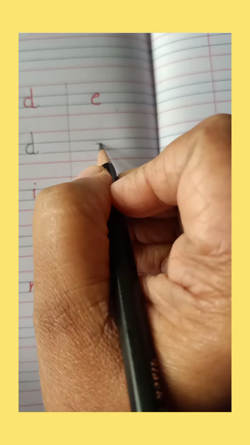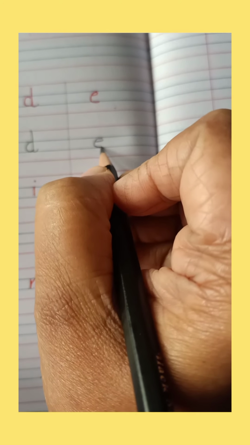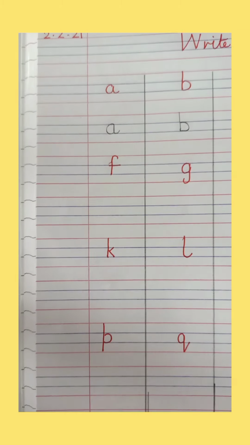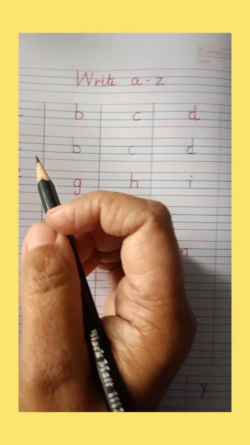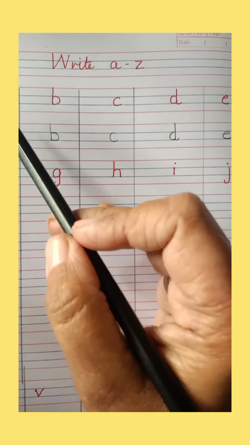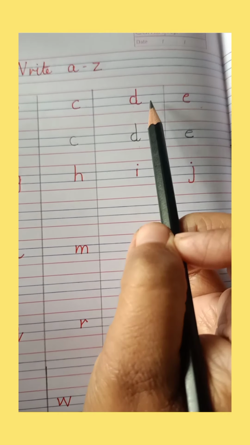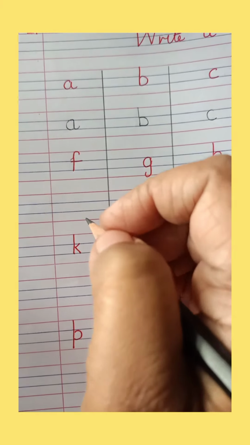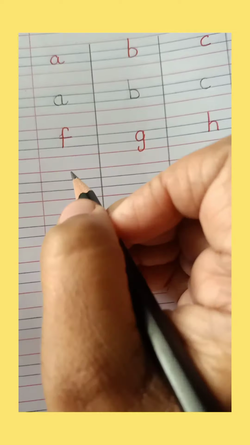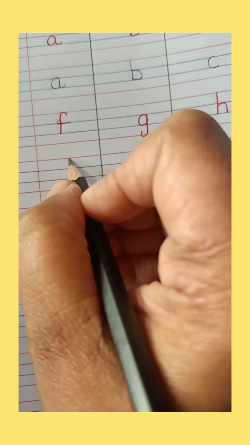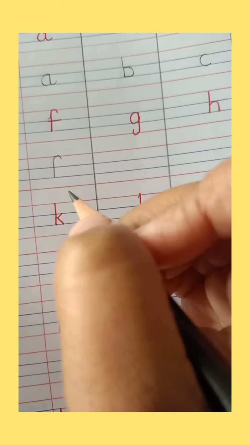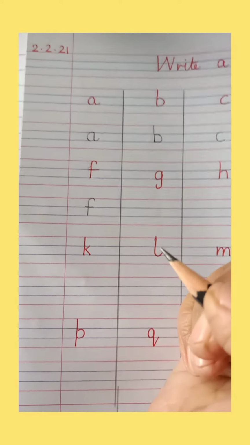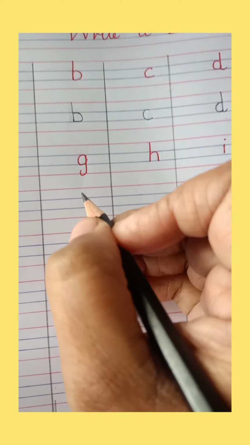We start like this, go up, touch, and then we'll touch here the blue line. Small e. Now from the next line we'll start small f. And children, remember, see, in one line how many letters we have written? 1, 2, 3, 4, 5. Like this you also have to write. Okay, follow the same pattern. Now small f will start from the top red line, के जरा सा नीचे से, like this, up, down till the blue line. Okay, then sleeping line like this. Small f is done. Now small g.